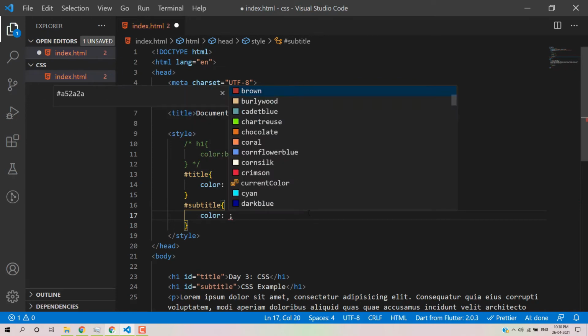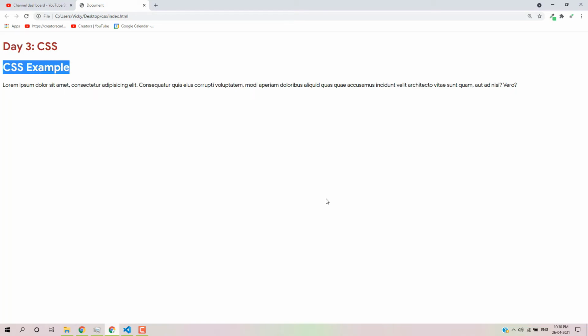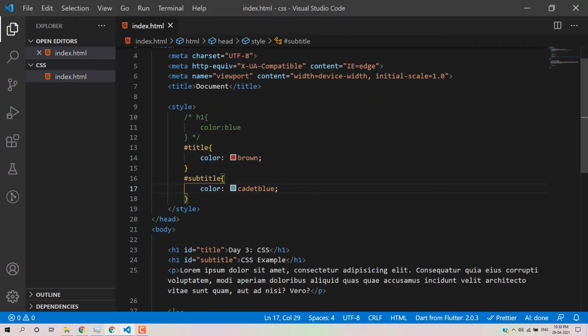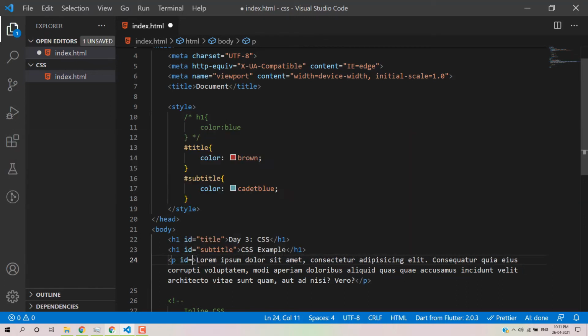So we can change the color. Let's say this one, and yes, it's working. Okay, so there is one more concept: we can use ID as a CSS selector, where we can change the individual element or the design part. Now, we cannot define the same ID for multiple elements,